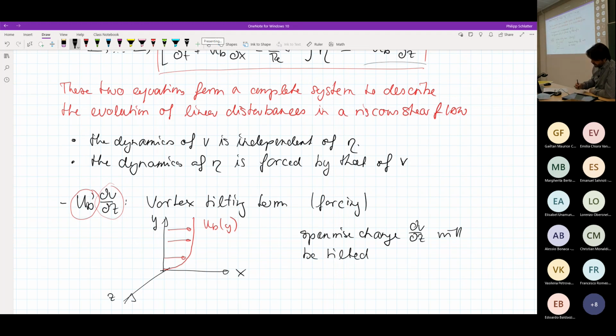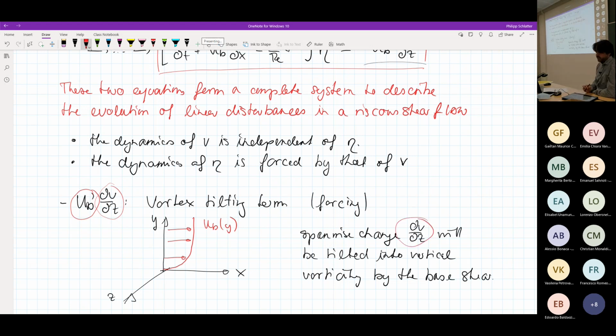Will be tilted by this term into vertical vorticity by the mean or the base, let's say base shear. So the span-wise change of dv dz,